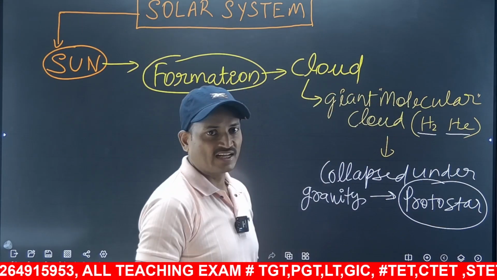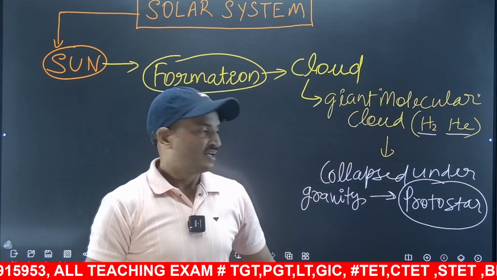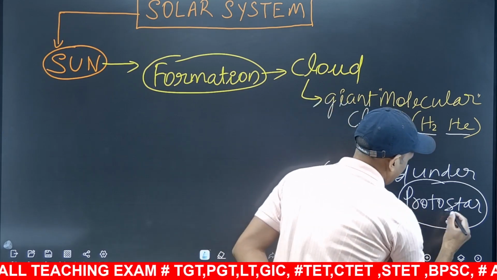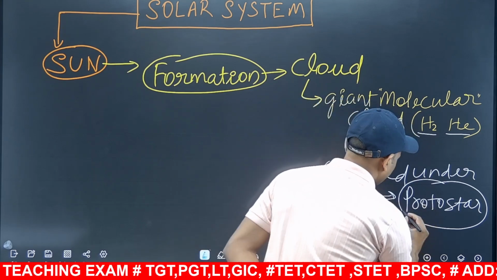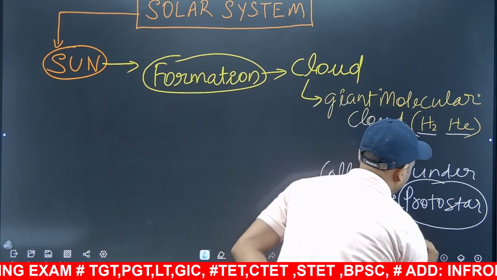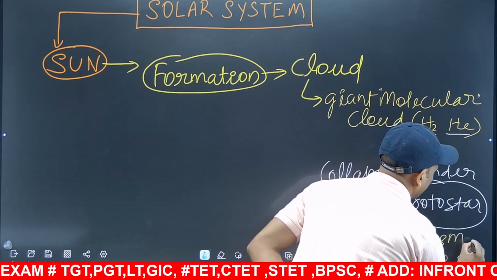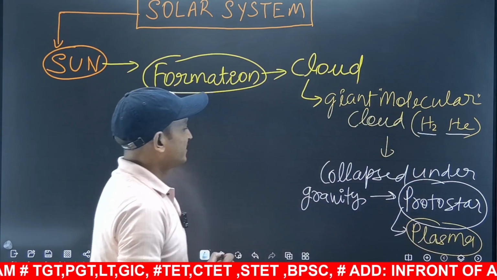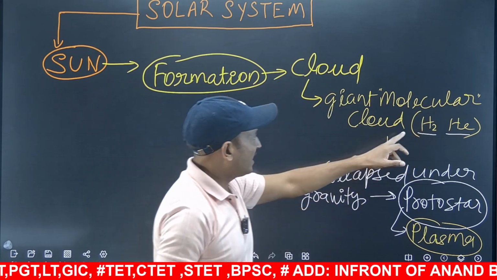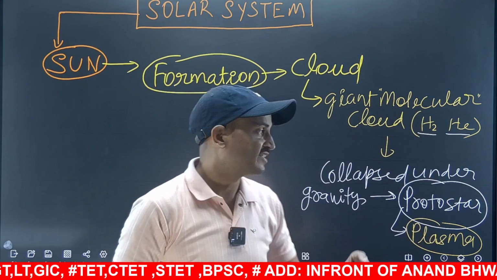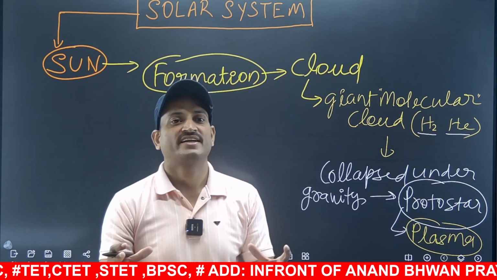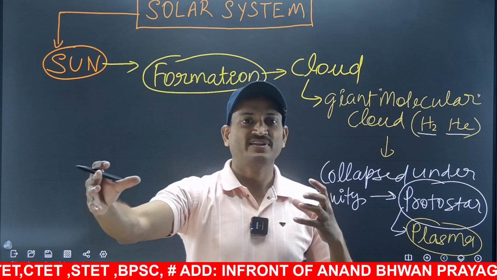But here in the protostar, the temperature is extremely high. Temperature has risen since the density has increased. So now the matter has changed into the plasma state. The matter changed into the form of plasma, meaning that under tremendous density and tremendous temperature, the electrons of the atom leave the orbit of the atom and get separated. They start having their separate existence.